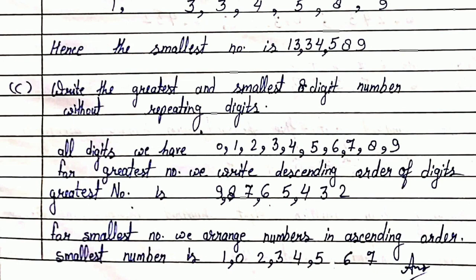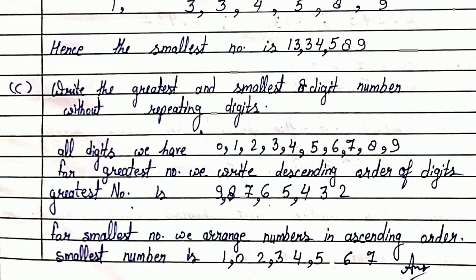For the smallest number we arrange all the numbers in ascending order. So the number will be 0, 1, 2, 3, 4, 5 like this till 9, but we know that 0 is the smallest number. But even then we first write 1, because if we put 0 in front, then it has no meaning, it has no value. So after 1 we will put 0, and then we will write till 7. Now you count, 8 digits are there, so it is the smallest 8 digit number. I hope you are understanding this.